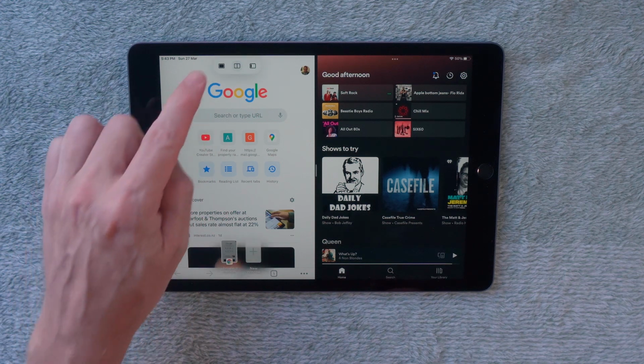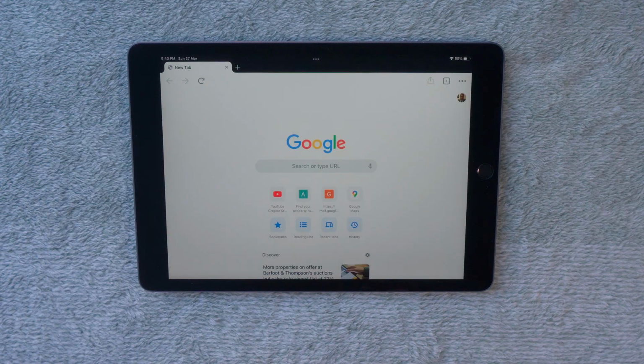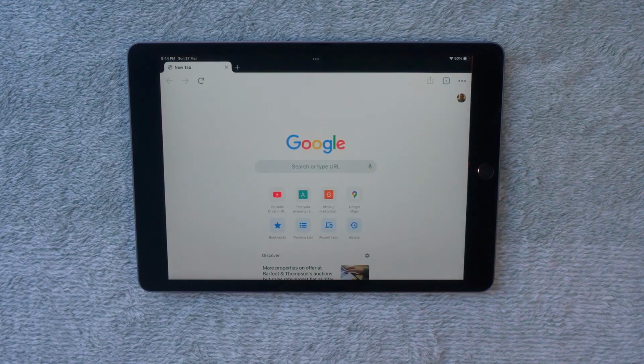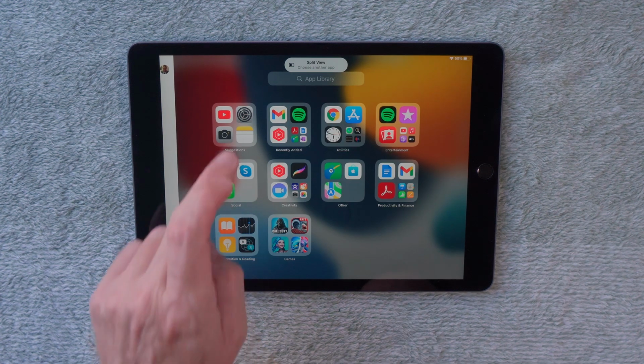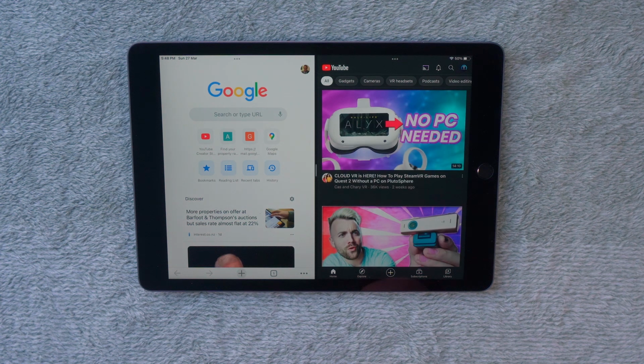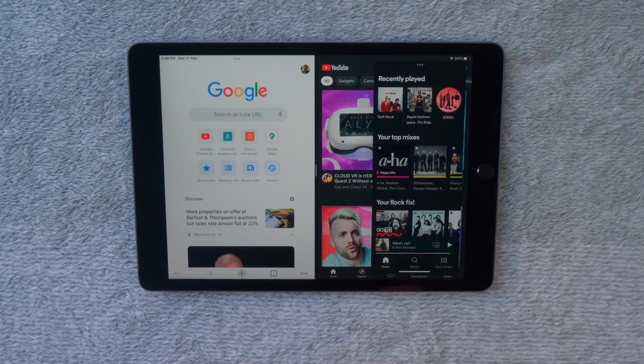Click on the three dots at the top and select the icon on the left hand side for full screen mode. Alternatively, using the line in the middle, you can hold your finger on it and swipe left or right, and that will make one of those apps go full screen. You can go completely nuts with slide over apps and also with split screen as well. So you can have multitasking where you've got your iPad, you've got split screen, one app on the left, one app on the right, and the stackable apps on top, which I think is a little bit nuts because it's going to get really busy, but you can do it if you really want to.